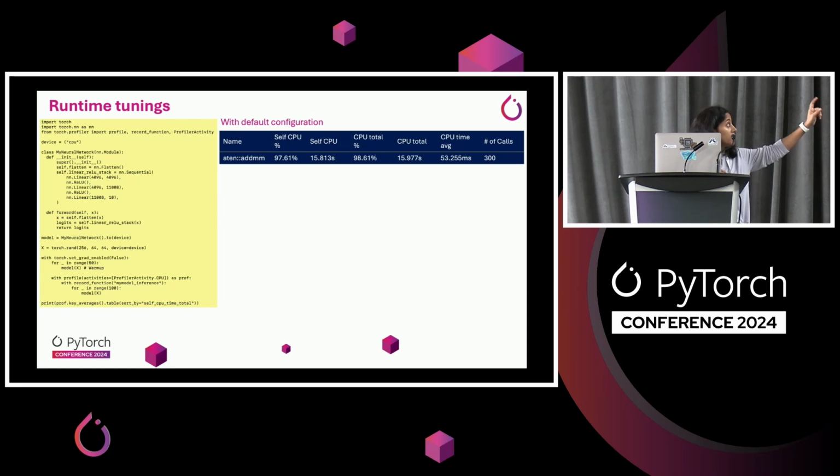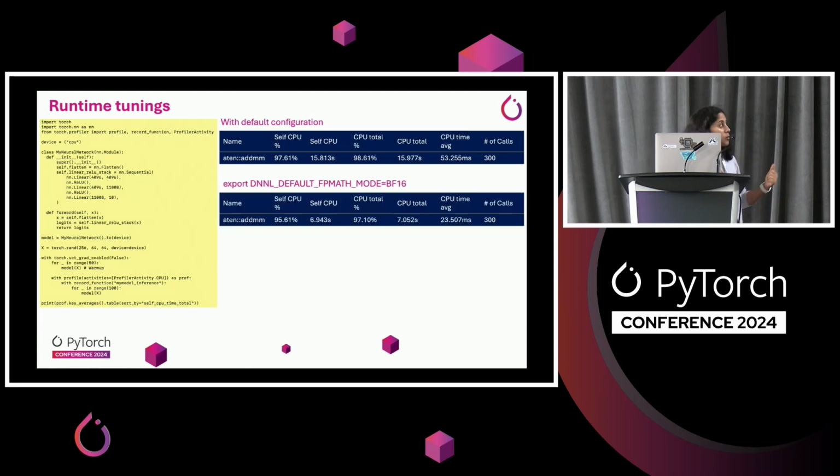As you can see here, AddMM, or the GEMM matmuls, are the dominant operator in this network, and which is very compute intensive as well. So this is the best case where you can apply your bfloat16 optimization and improve the performance. You can enable bfloat16 by setting DNNL fastmath mode to BF16. And as you can see here, the latency dropped from 15 to 6 seconds, which is more than 2x